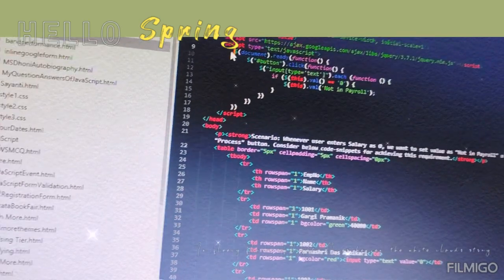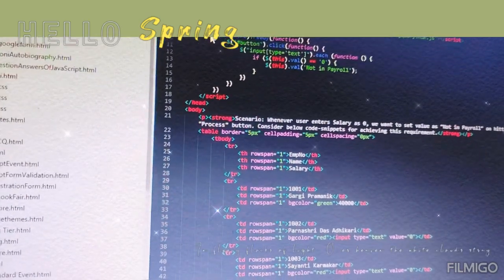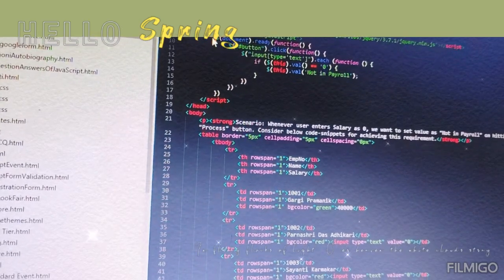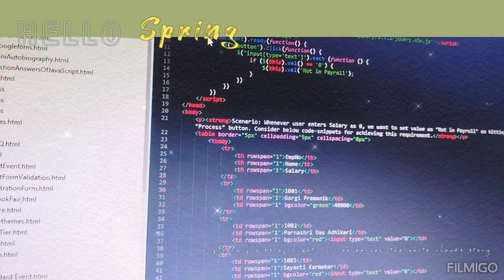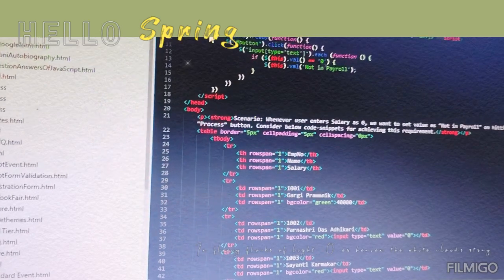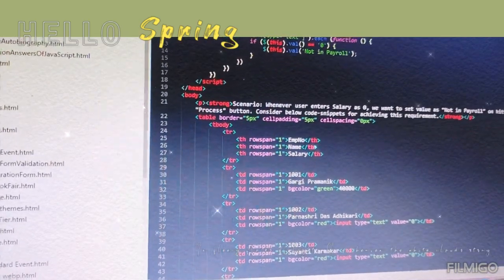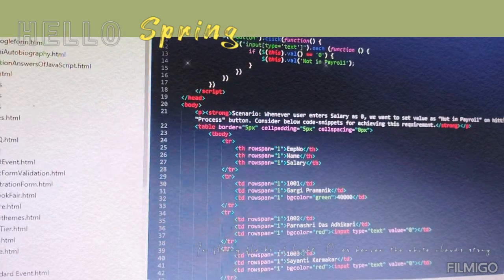So we need to write this first line $(document).ready function in each and every jQuery function to run the jQuery code more easily and